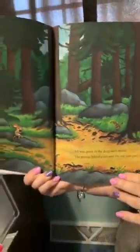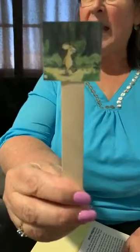The end. Oh, boy. Wasn't that a fun story? Well, let's talk a little bit about all of our little animals we have in here. Our first animal we had was our little mouse, right? Now our little mouse, he's just walking through the forest there, and he comes upon another animal. And that animal is